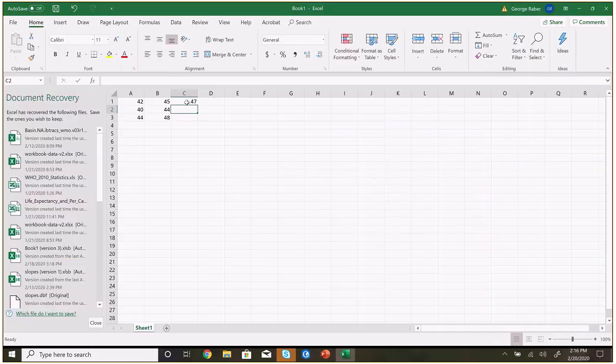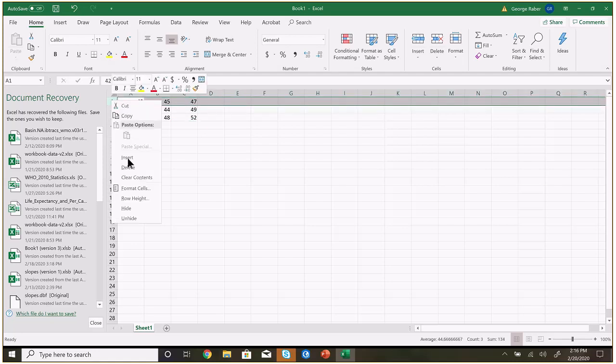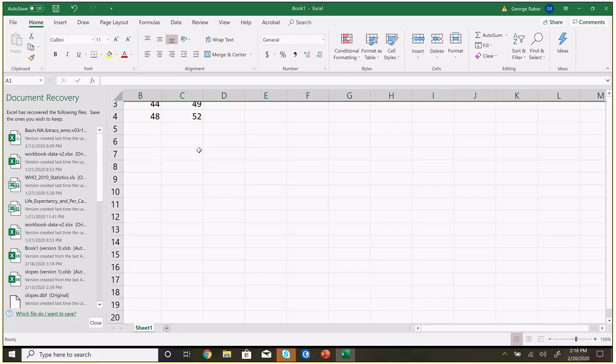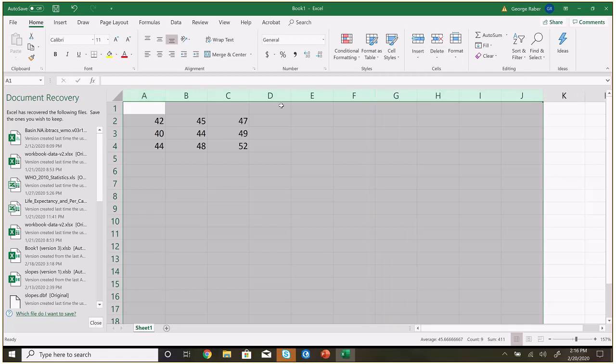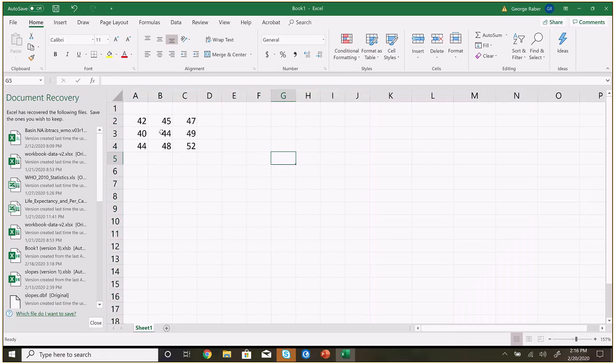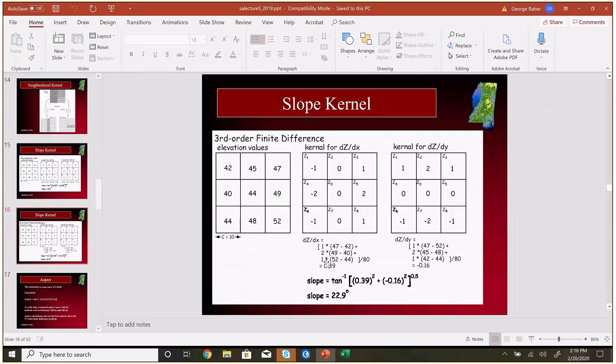Sometimes people like math examples. So here is that same kernel in Excel. Make this a little bit bigger, and make these all kind of the same size. Okay. So this represents a little teeny digital elevation data set, right? So if I want to calculate these values out,